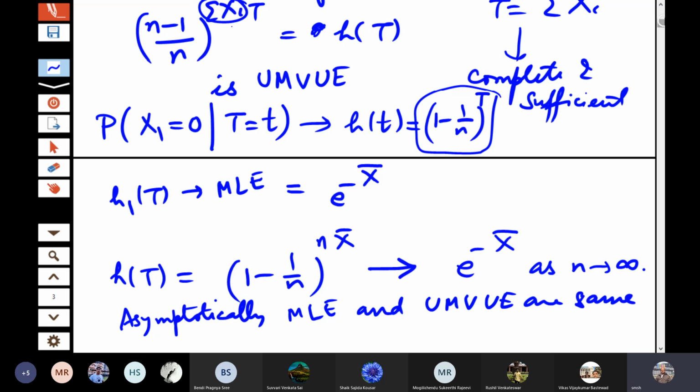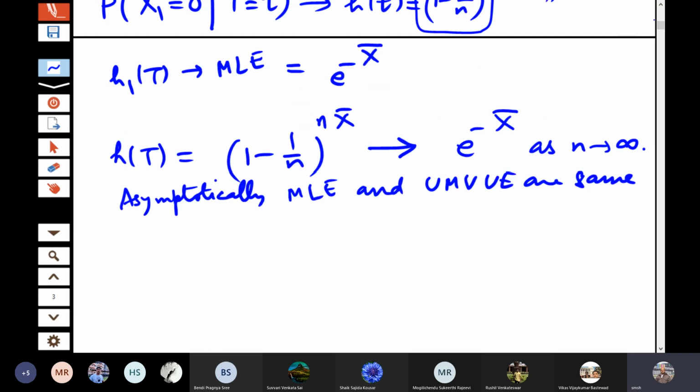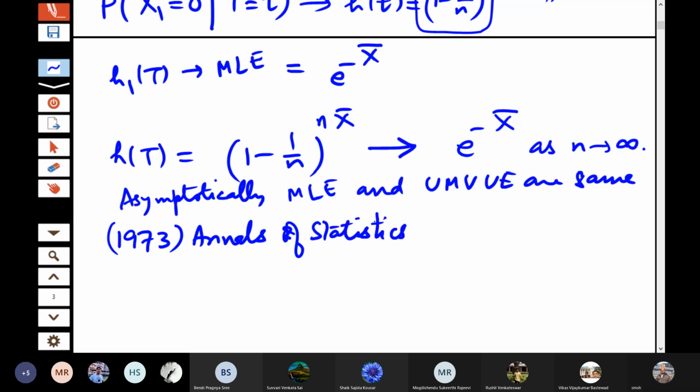So if you look at the previous exercise which I just now solved, (n plus 1) by n times Y is the UMVUE. But as n tends to infinity, (n plus 1) by n tends to 1. So this will converge to Y, where Y is the MLE. So this is the asymptotic equivalence of UMVUE and MLE. It was understood long back by some statisticians, and there are some research papers on this. In fact, in the Annals of Statistics in 1973, there is a paper by the same title, Asymptotic Equivalence of MLE and UMVUE. Those who are interested can read this, okay? The author name is